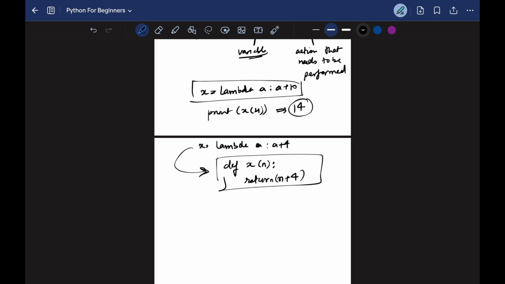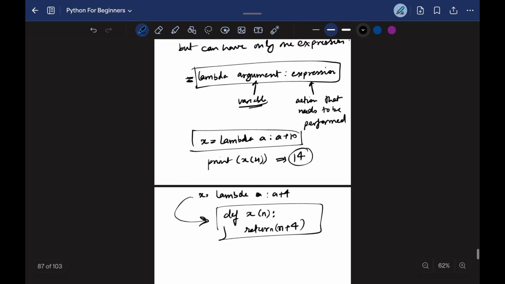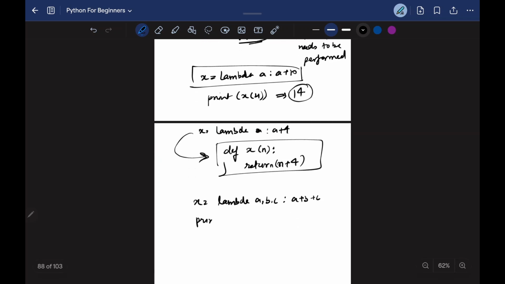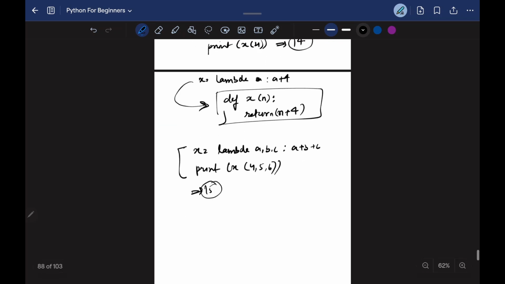Okay, so first I'll show how multiple arguments and a single expression work. So if I do x equals lambda a, b, c: a plus b plus c and then I do print x of 4, 5, 6, then it should return 15. Okay,